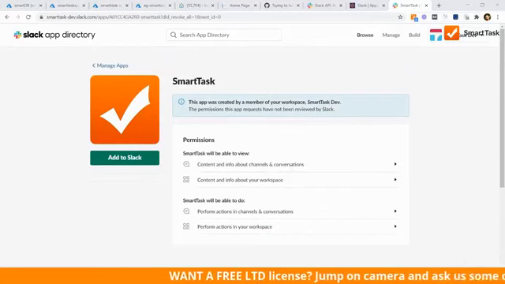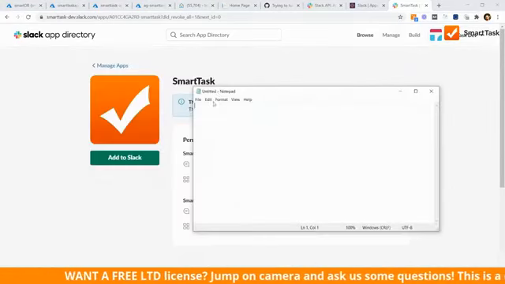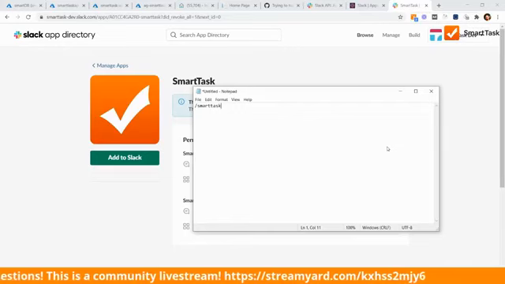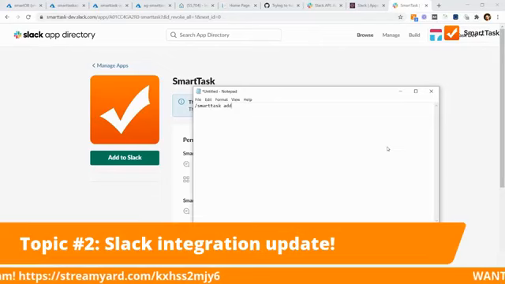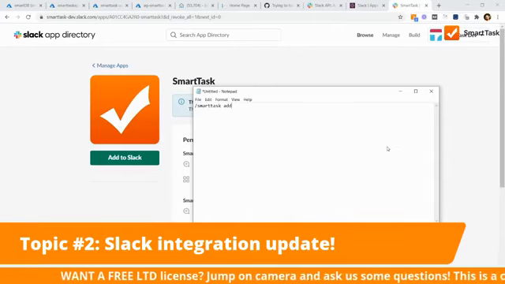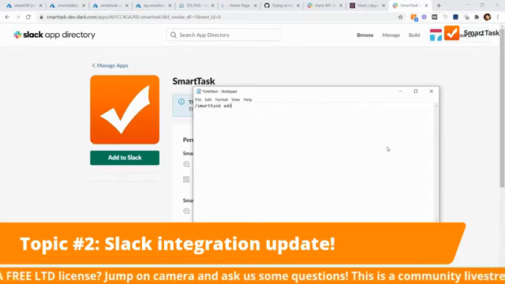Typically, what you'll be doing is creating a command on Slack. As many of you use Slack, you already know what those commands are. So in the case of SmartTask, you'll be doing something like /SmartTask add. That will create a new task from within the Slack environment. Let's say you're conversing with a colleague and you want to create a task from there itself. Just type in this command and it will create a task in your SmartTask project from Slack.